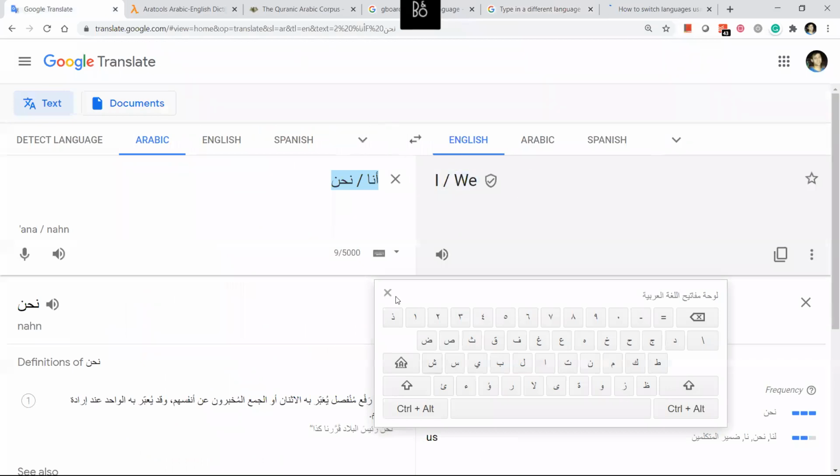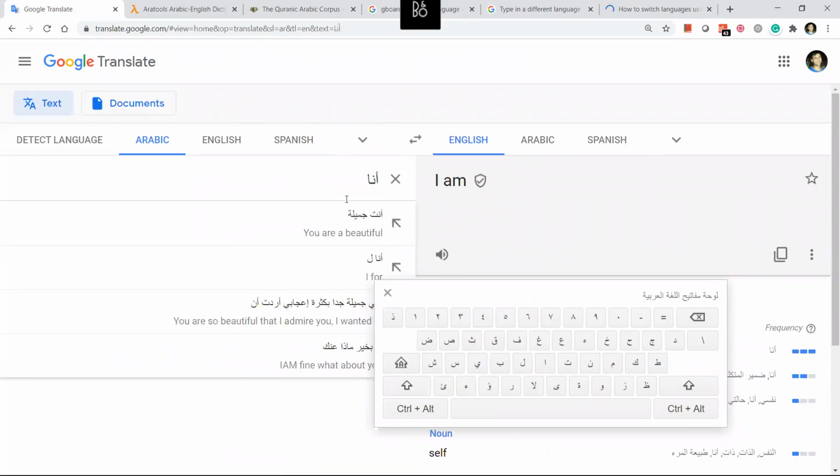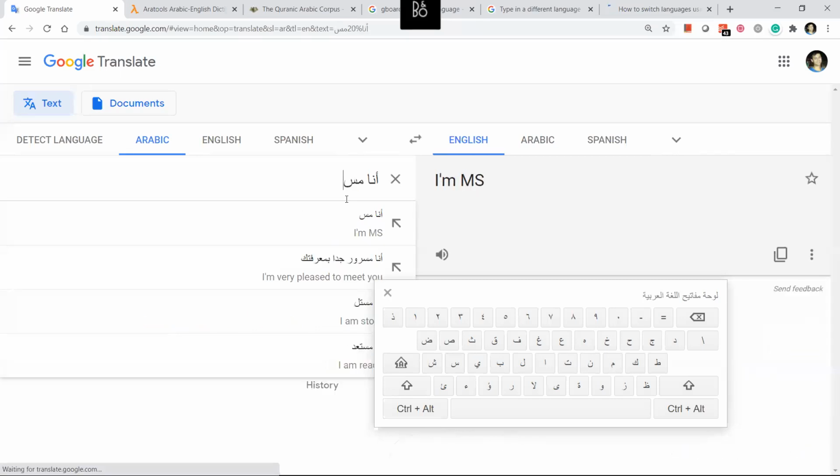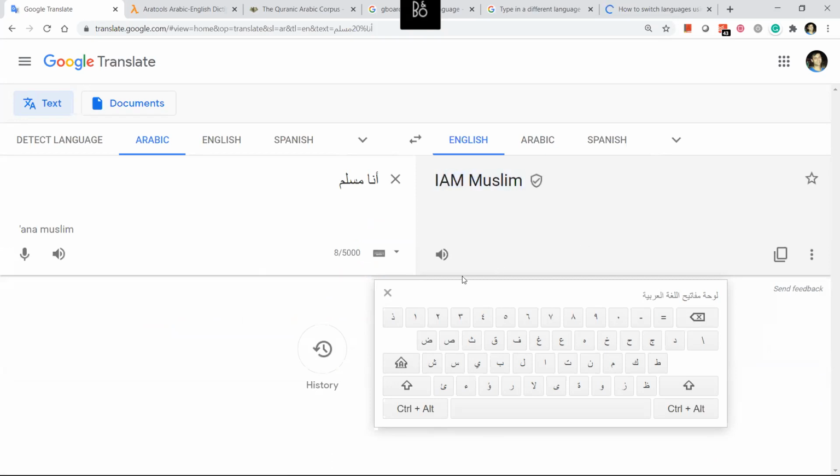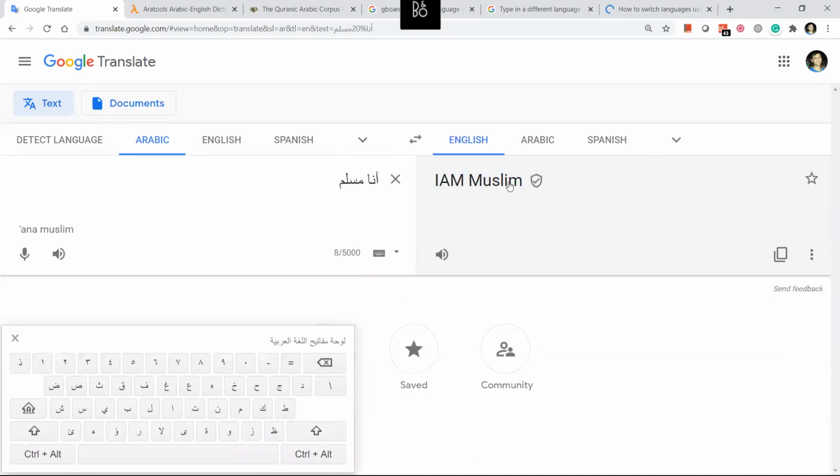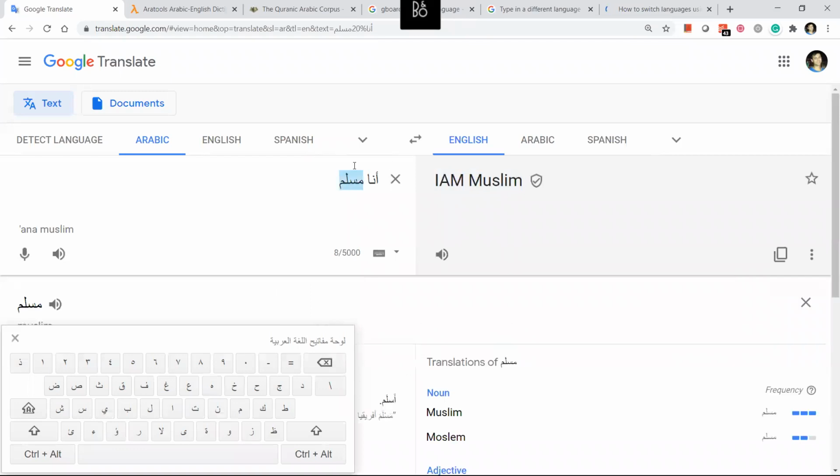Now, coming to the class, there are going to be three key resources which we will use. One is Google Translate itself, which works in most cases. Okay, I can type any sentence. I can type Ana Muslimun, and I don't even need to enter Fatha, Dhamma, Kasra. Okay, so I can just type the letters. I can just type Mim, Sin, Muslimun. Okay, and it will tell you I am Muslim. Okay, so it's pretty easy, it's pretty straightforward. So this is what it's going to help you to do. This is one tool, Google Translate, it works in most cases.